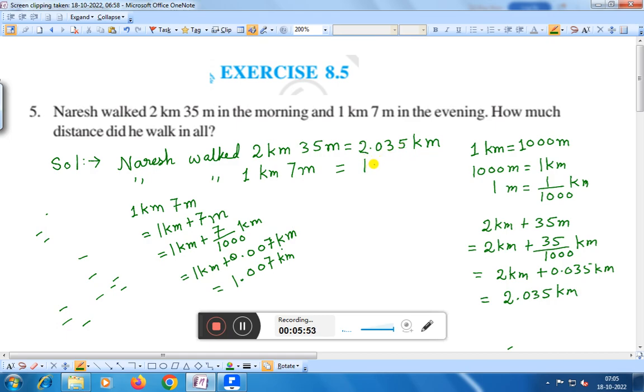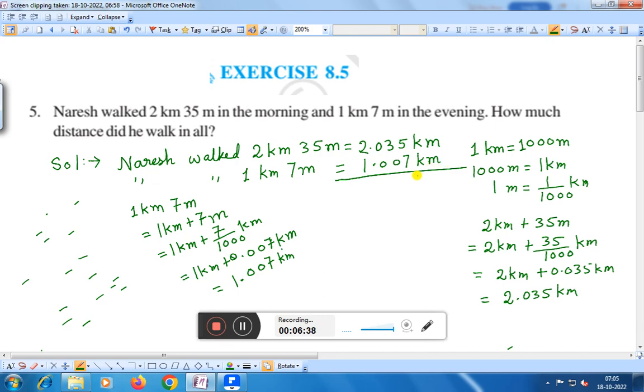That means we are getting 1.007 kilometer. And if you add the numbers, what you are getting, you see,